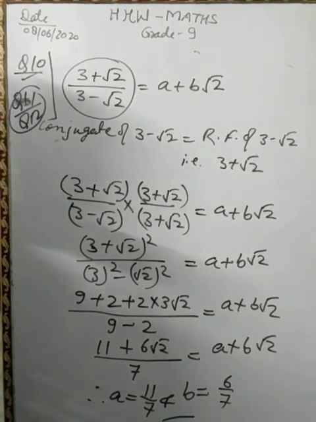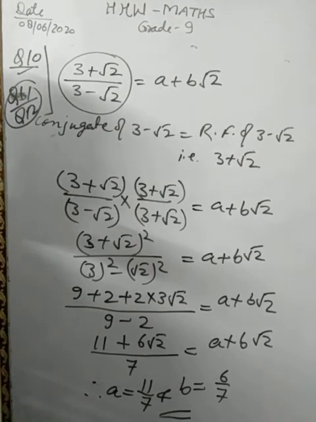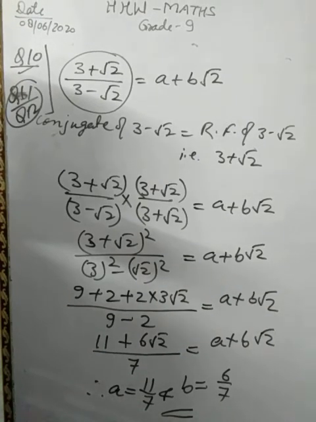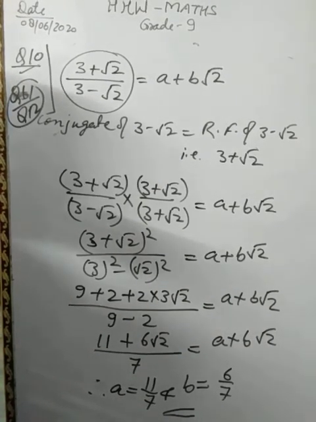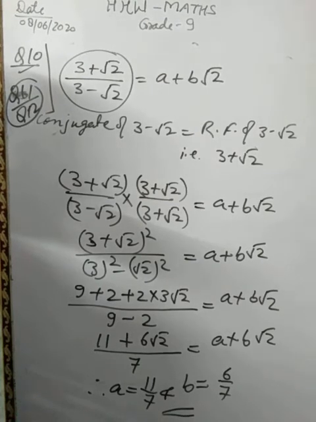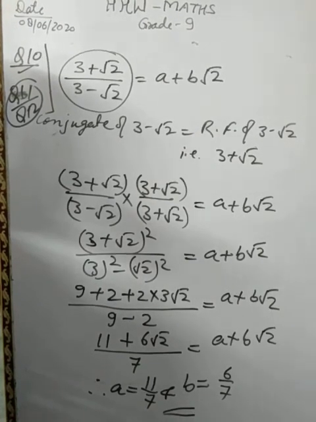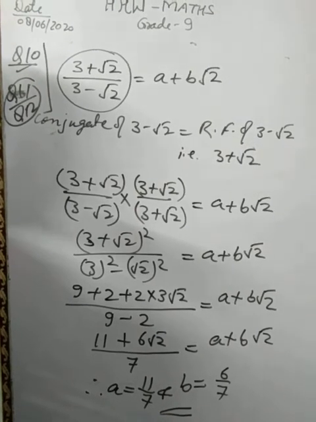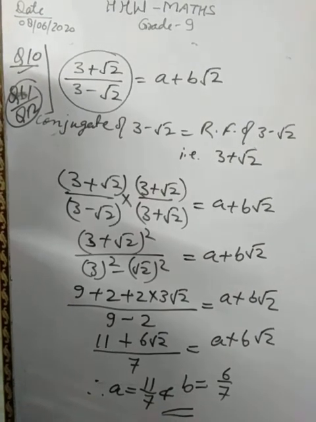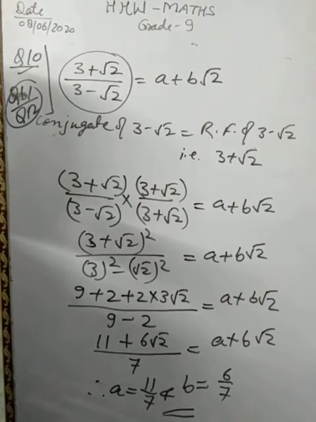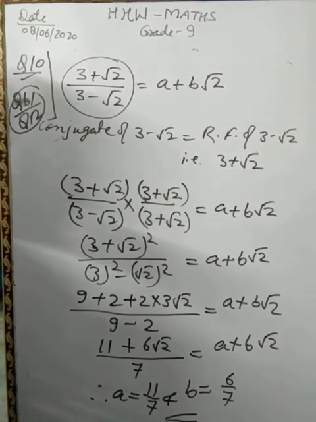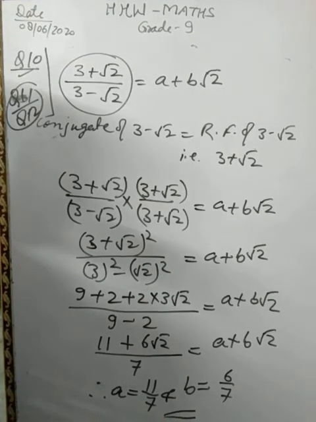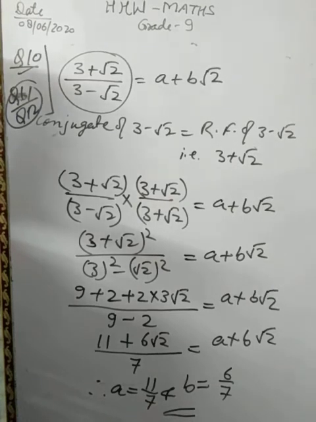And the second project is given as: collect the information from the internet and prepare a project file on the history of mathematics. So dear, you all will divide the history of mathematics in two parts: Indian history and foreign history, right? So categorize this and write down at least 5 names of scientists or mathematicians, 5 from Indian history and 5 from foreign history of mathematics, and write down something about them.